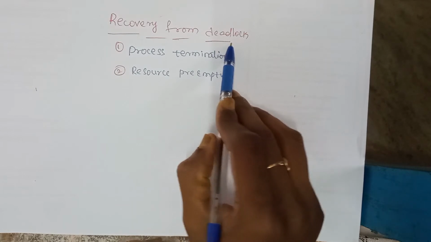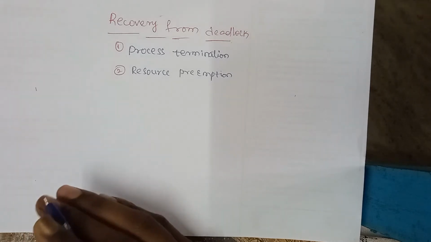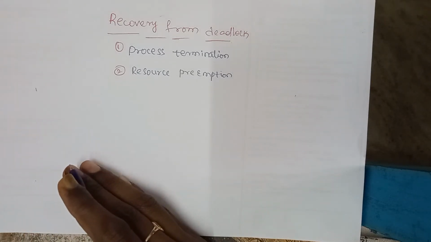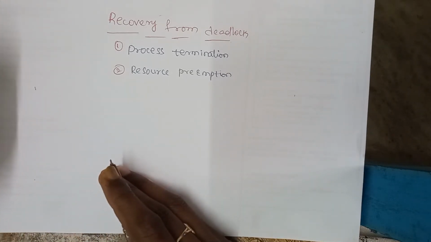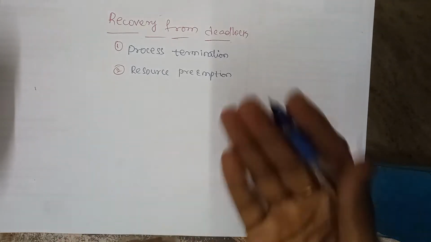In my previous videos, I have defined what is deadlock, how to handle deadlocks, and how to detect deadlock. Now, in this session, we have already taken the precautions for the deadlock. We avoided the deadlock. Even so, if the deadlock occurs, with the help of the deadlock detection scheme, that is the wait-for graph, we have determined which processes the deadlock occurred between. Now the next step is to recover from the deadlock.